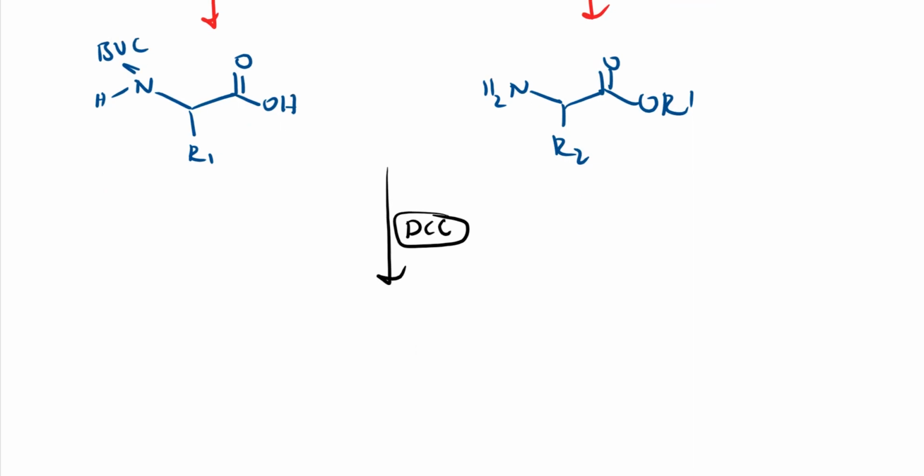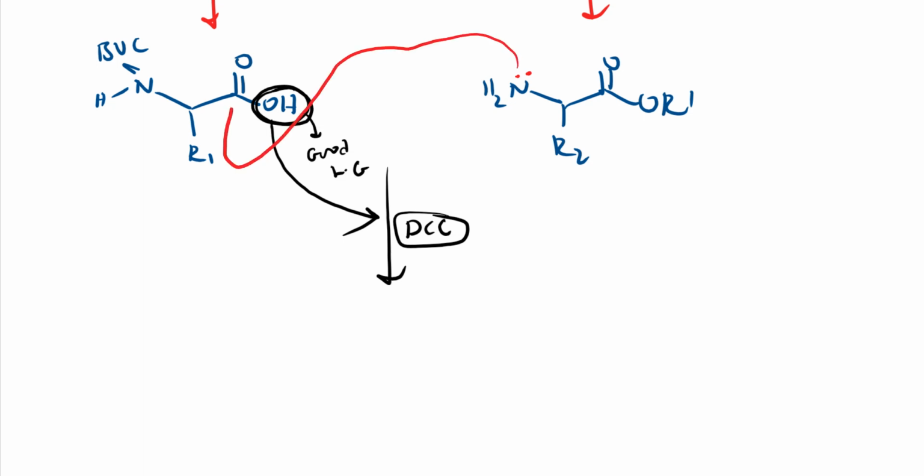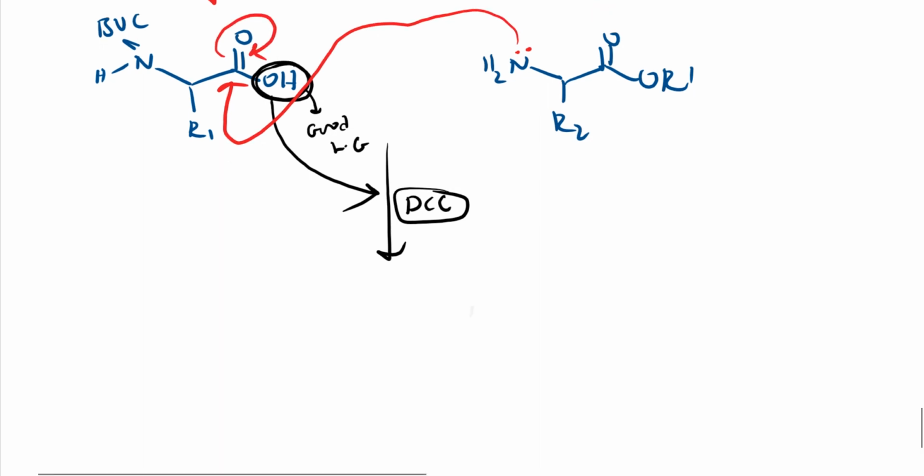So if I use this DCC, what it will do, see here, we have studied how it converts this acid to amide, right? So with this DCC, initially this carbon, the DCC carbon, will take this oxygen as it is, that carbon is more electrophilic, right? As soon as this happens, it makes this oxygen a good leaving group, right? I didn't mention everything above, but here you can analyze it, right? So here I have this ammonia. As soon as it makes this good leaving group, this will attack this carbon, this electron density comes back, and this OH leaves the system, right? So I'll get the simple amide bond.